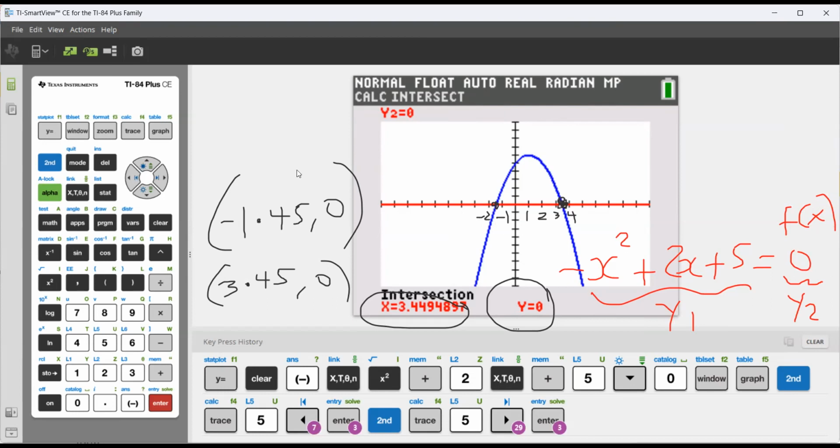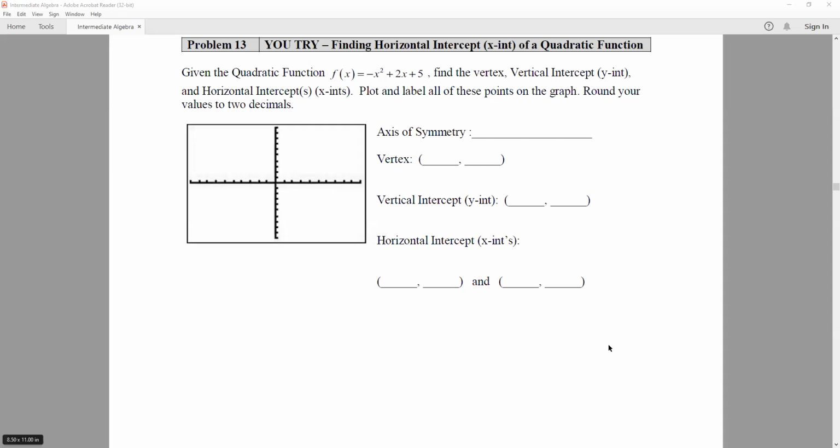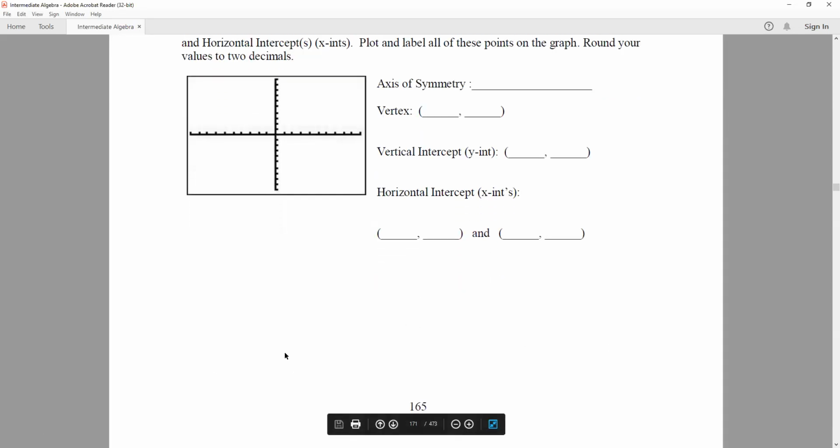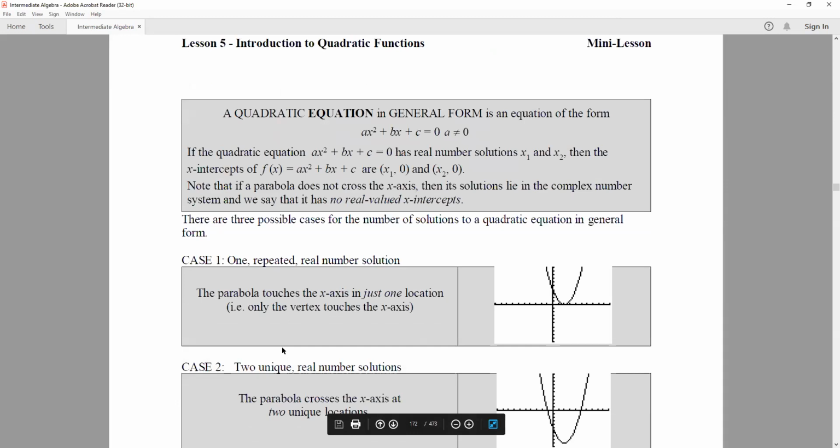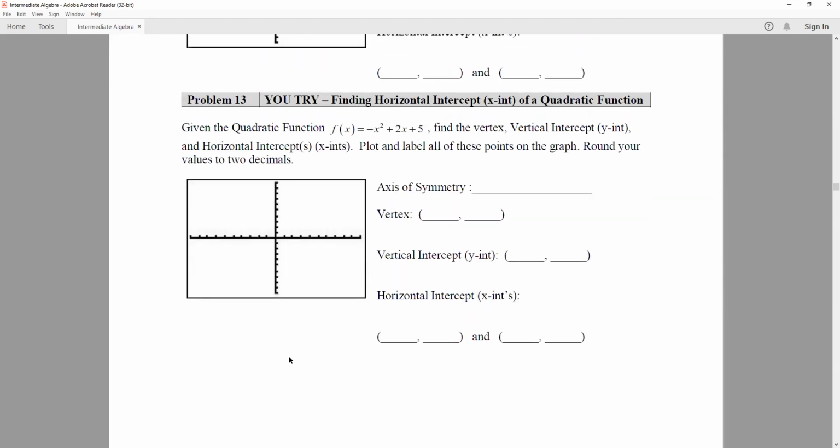All right. Let's go back to the workbook. So we have our x-intercept and then we put the values in. All right. Now let's continue and then talk about